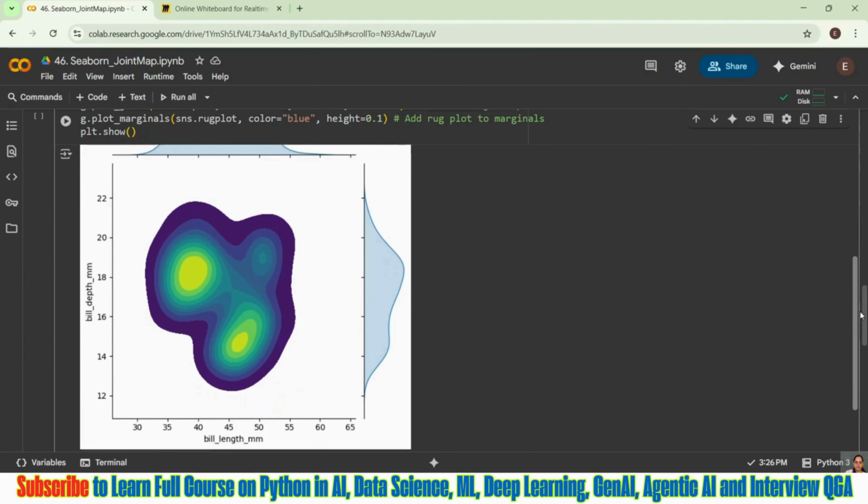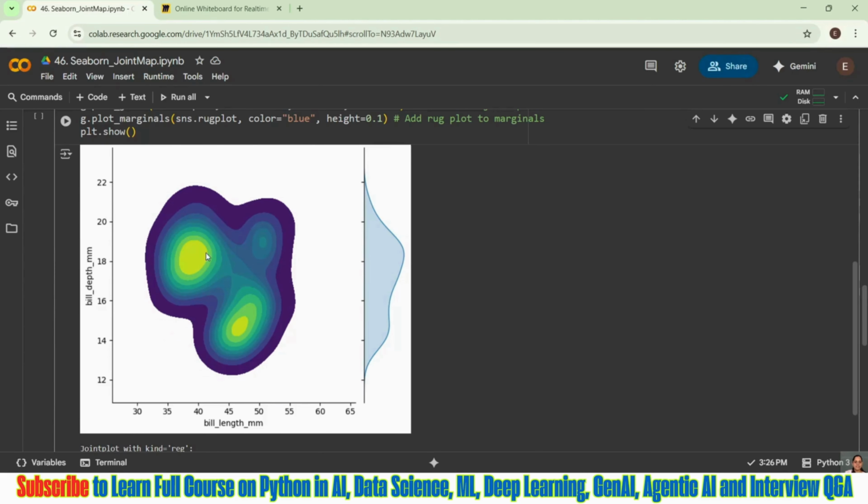With this, what we are understanding, guys, the same thing I said I am able to see here. I am seeing my depth range is coming somewhere around 17 to 19. The yellow one has more density. That means it is more centered, that means it is high density. The deeper the color, the higher the density, right?